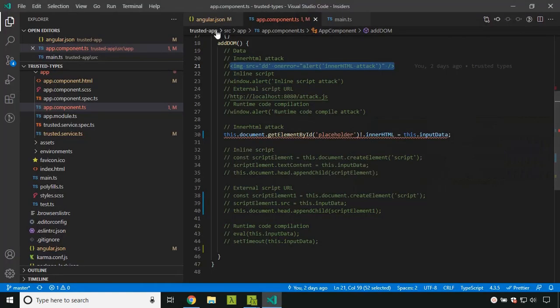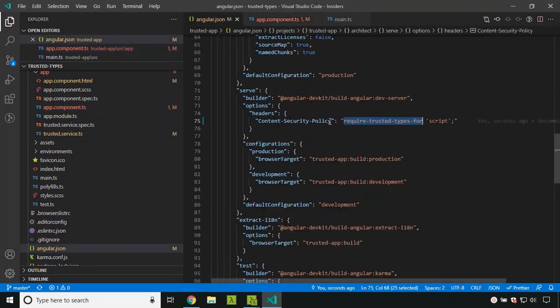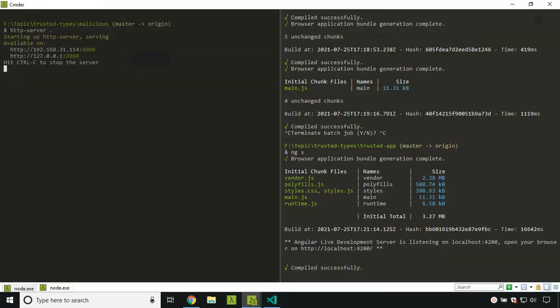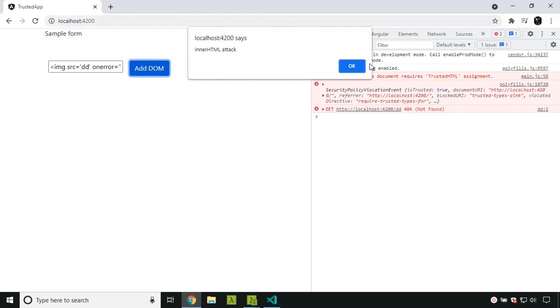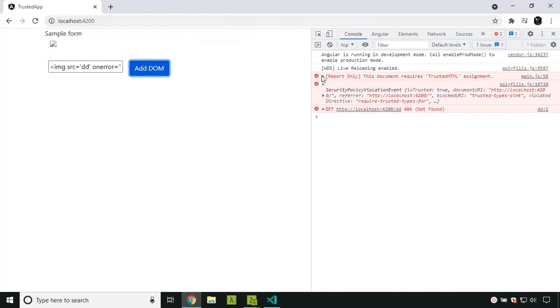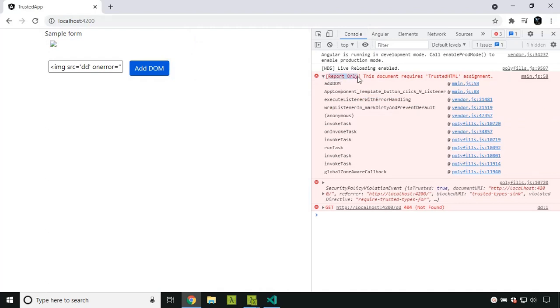There is a milder version of this content security policy. Here, as you see, the application itself was stopped. In order to just report the error, we can add this header, Content-Security-Policy-Report-Only. Now the application will not break, but it will only report the violations. Again the application is restarted, and now if we go and give the input, you can see that the actual code got executed, but the violation is reported in report-only mode, and the same details are displayed here.